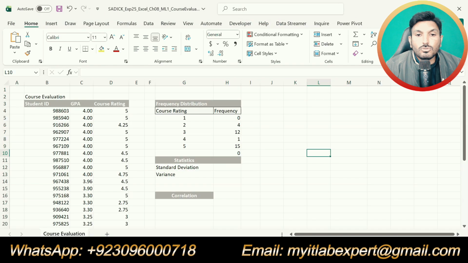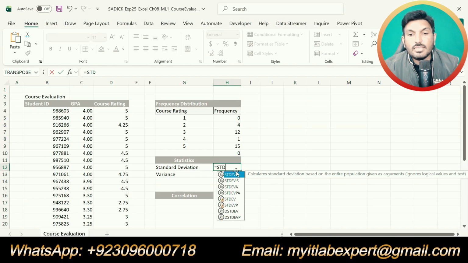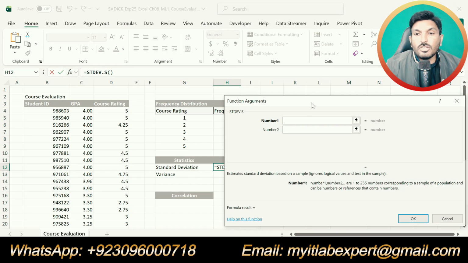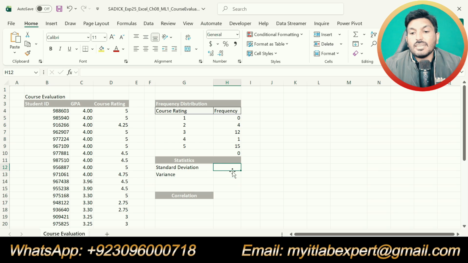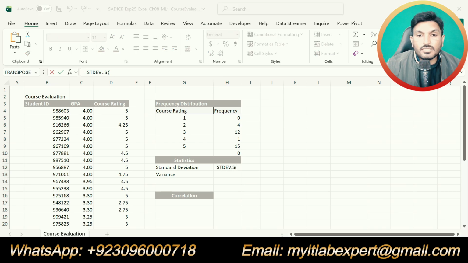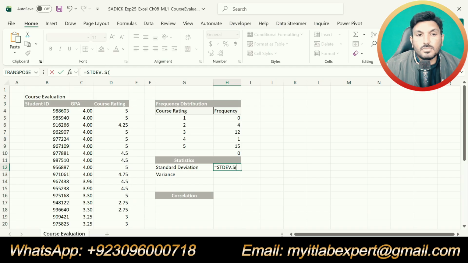So we will go to cell H12 and type STDEV.S. Now we are supposed to select the range for which we are going to calculate the standard deviation, between the current values of all course ratings.